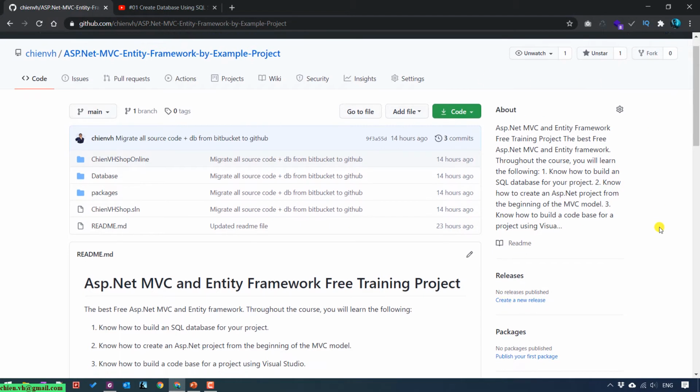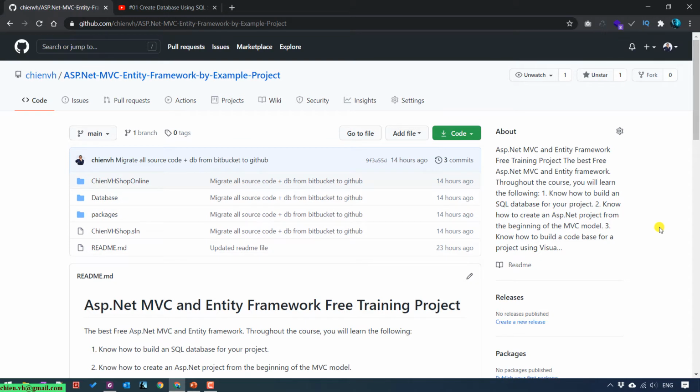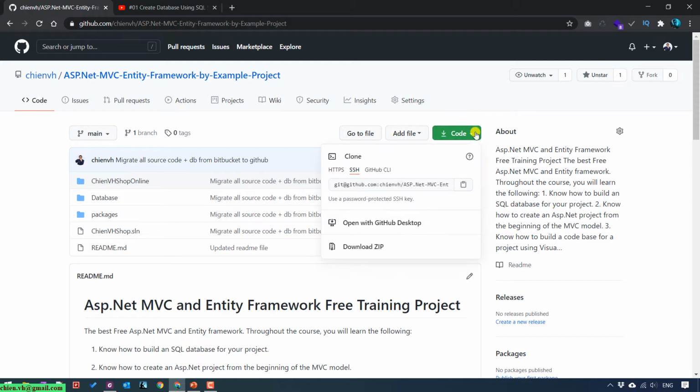Here, in order to get the shortcode from GitHub to the local PC, we have some ways. You see here the Code button. Click on the arrow down button here. We have some ways to get the shortcode. You can open this one with GitHub Desktop, or even click on download the zip file. It will help you to do some